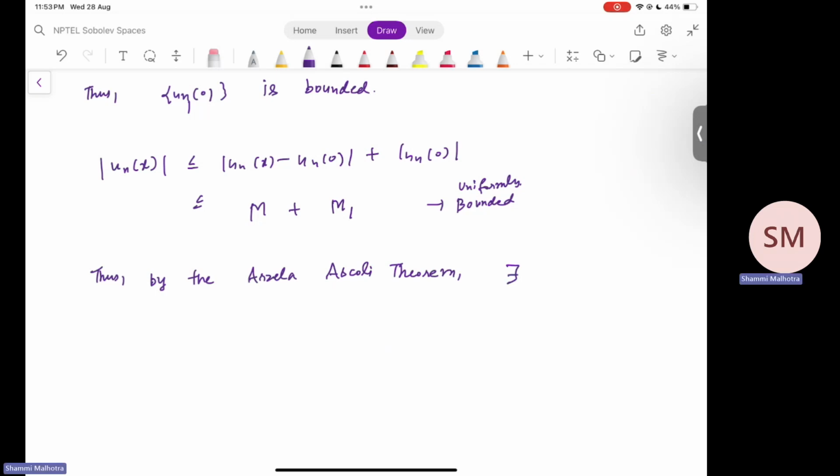there exists a subsequence u_{n_k} of u_n such that u_{n_k} converges to u in L infinity norm for some u in W^{1,p}(I). So actually we have a convergence in the L infinity norm, but we can go back to the